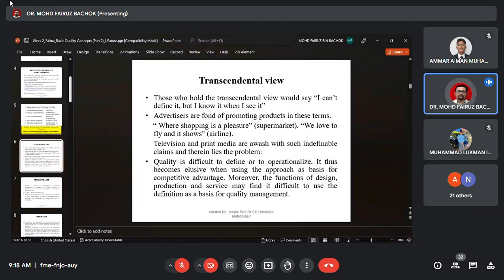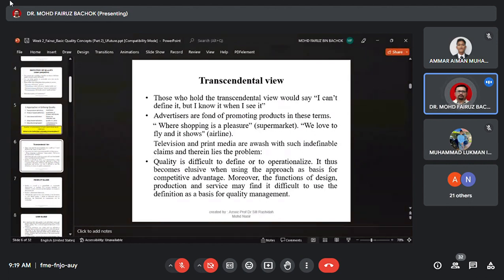Let's look at the transcendent view. Usually the products that choose this approach are like cancer medicine or tonic, which take time to get the result. So they try to influence the customer by overclaiming or by promotion. They choose to approach the customer with this transcendent view, focusing more on promotion, on television or media.